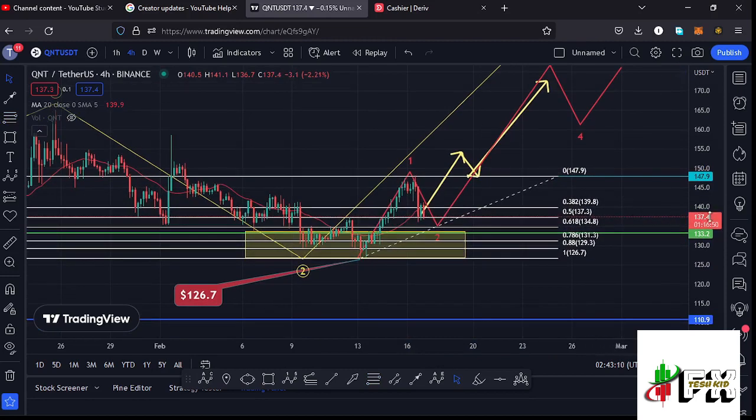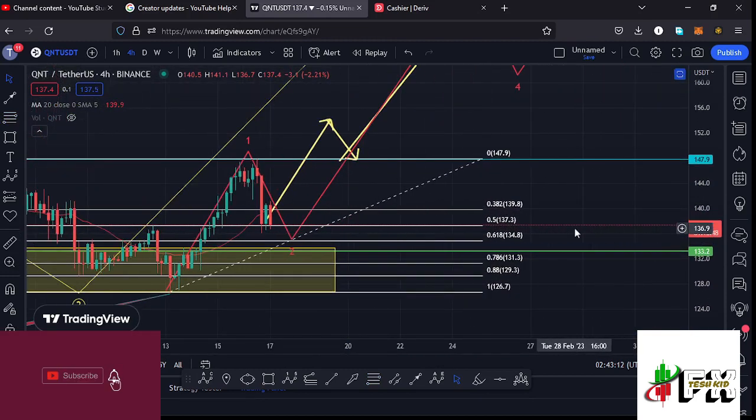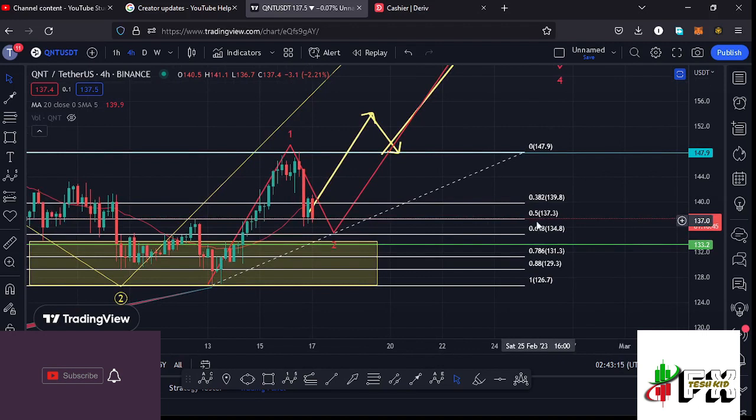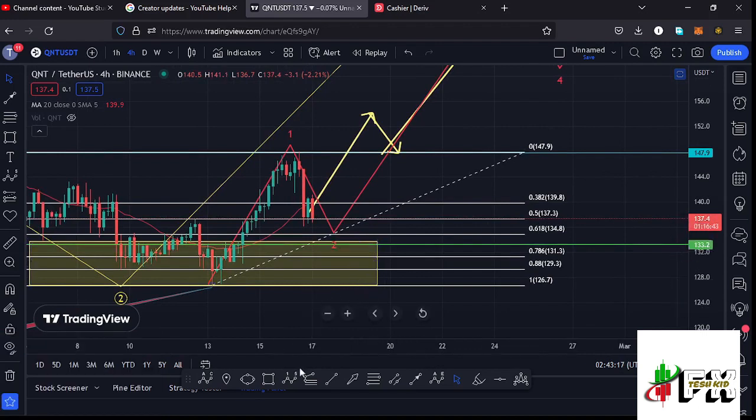That gives me a minimum retracement area in the formation of that wave 2 between the fib level 0.5 and the fib level 0.618, and you can see that the target area is between the fib level 0.382 and the fib level 0.618, and at the moment we have fully maximized the area between the fib level 0.382 and the fib level 0.5, and there are chances that in case we lose the fib level 0.618,